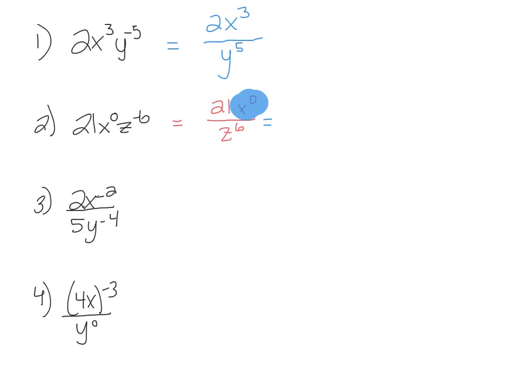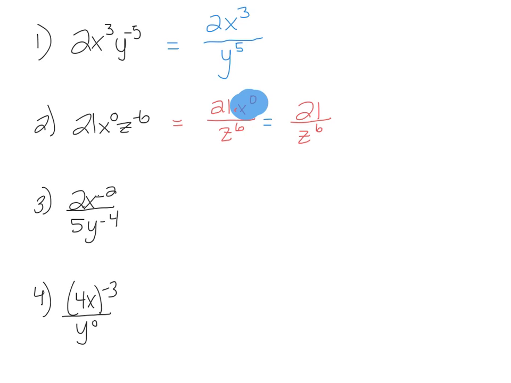And because this x is touching 21, it means times. So that's just like saying 21 times 1, which is really just 21 over z to the 6th. Just be careful that you don't add that and try to make it a 22. It's being multiplied, so 21 times 1 doesn't change. Number 3,